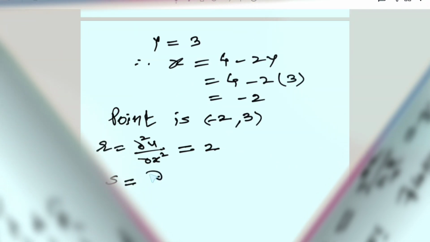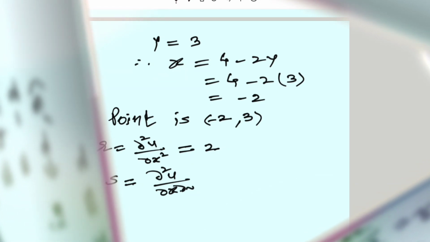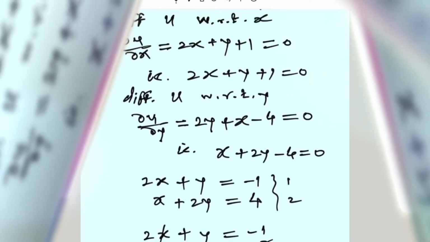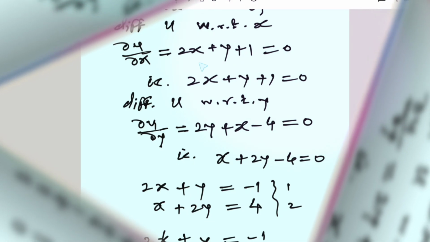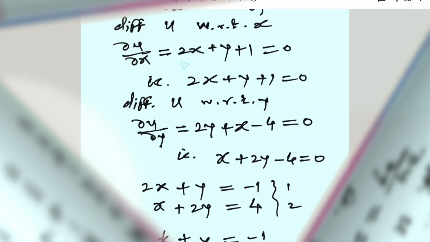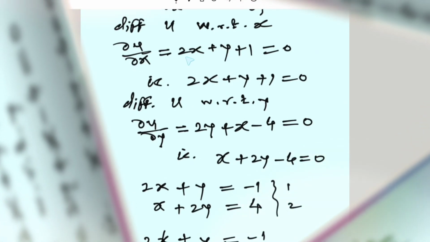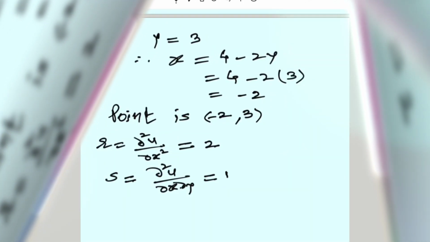Then s as ∂²u/∂x∂y is obtained either by differentiating this term with respect to y or this term with respect to x. I am differentiating ∂u/∂x with respect to y. We get that derivative as 1 and the remaining terms' derivative is 0. Therefore, we get the value of s as 1